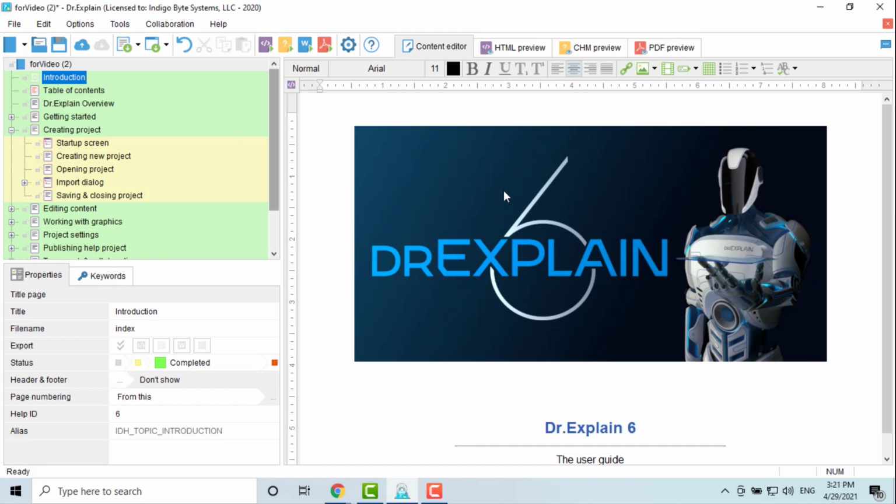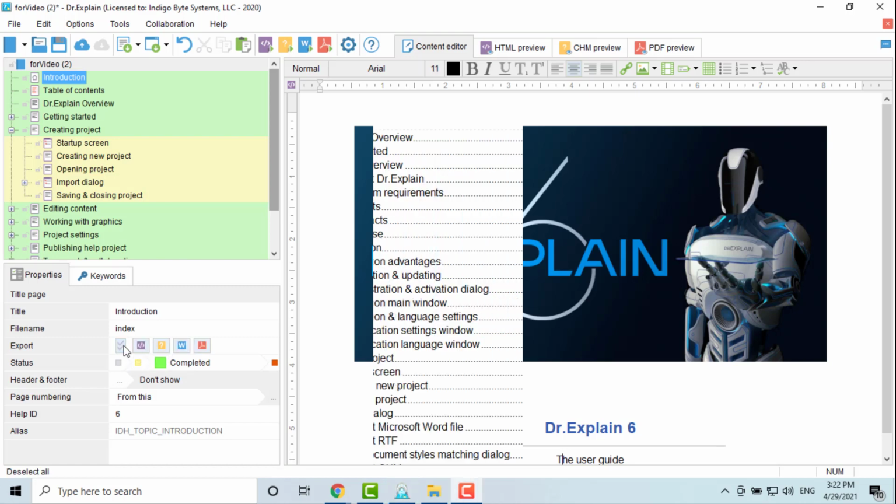In a new project, the templated title page consists of a logo, a document title, and a subtitle. You can change the content of the page at your discretion, either partially or completely. Also, in the properties of the title page, you can specify whether headers and footers should be displayed on it, and whether to take them into account when numbering the pages of the document. Here you can also specify the export formats for the title page. If you want to completely exclude this page from the output, you need to uncheck the boxes for all formats.